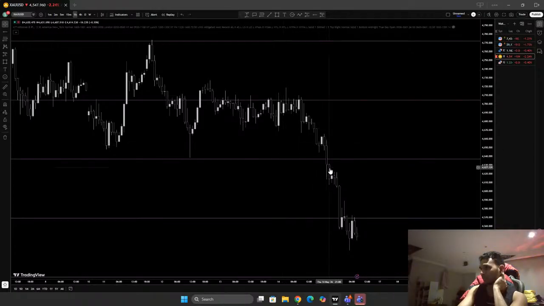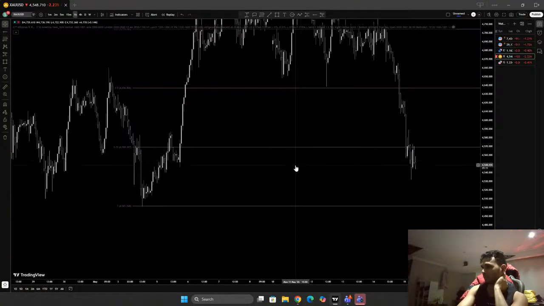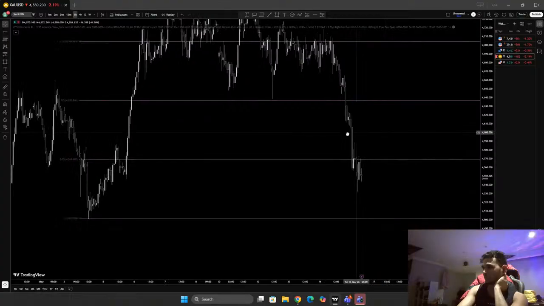This is a clean break of structure, bro, aligned with this inefficiency. So we can be bearish. There is no point in going bullish unless some sort of surprise reaches the first inverted fair value gap. Yeah? We see that price reached the very first inverted fair value gap. That is also cool. We can expect some sort of bullishness here.